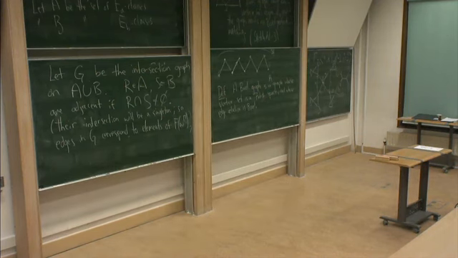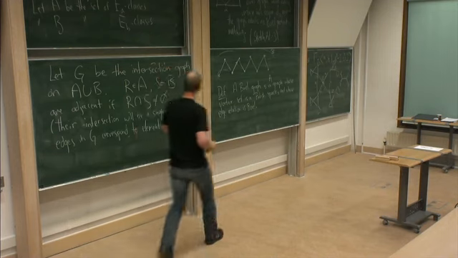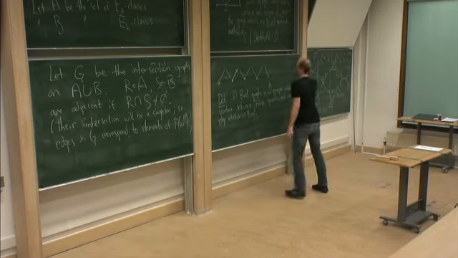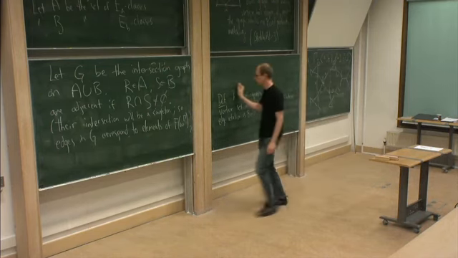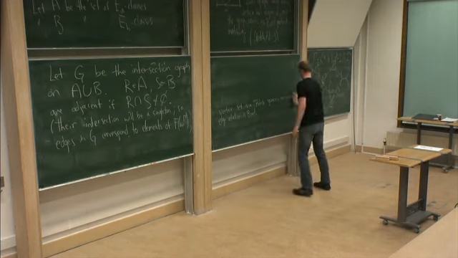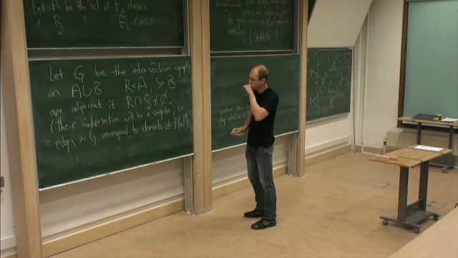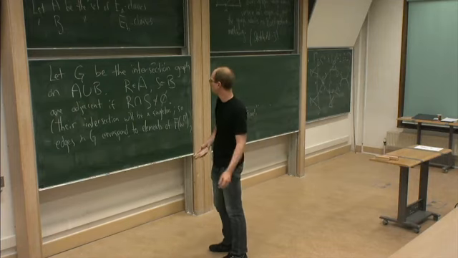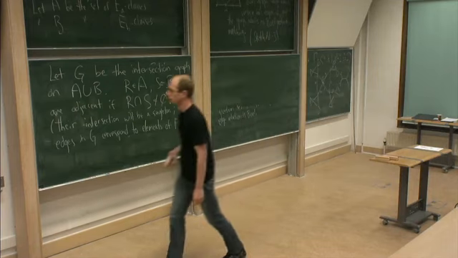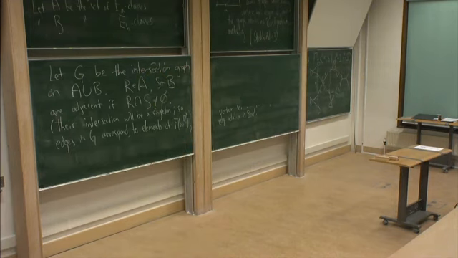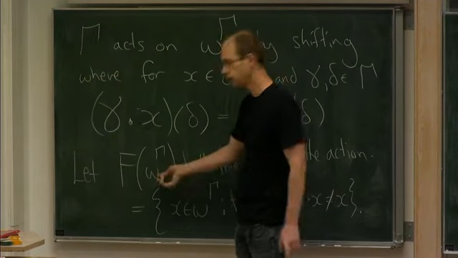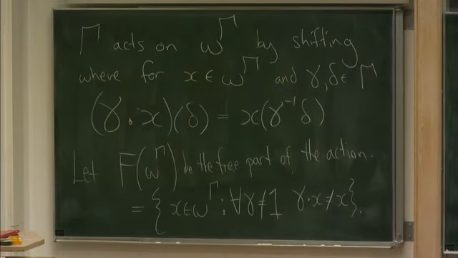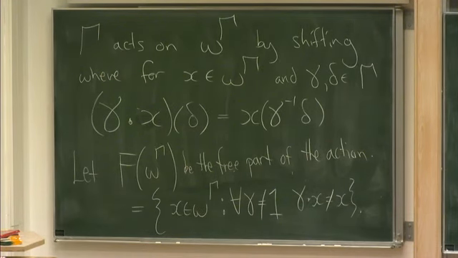So I claim the graph has no Borel perfect matching. And the proof, as I said, is with a game. A and B, of course, are standard Borel spaces, right? Yeah, so you can identify A and B with, I don't know, subsets of f of omega to the gamma to the 3, right? The 3-element sets in this space. Yeah, so this is definitely a standard Borel space. This is a Borel graph.